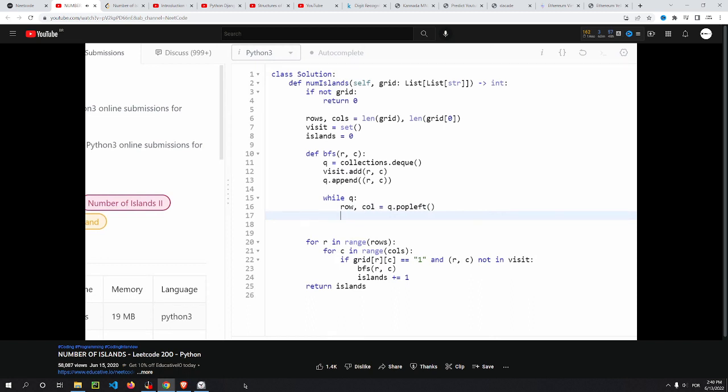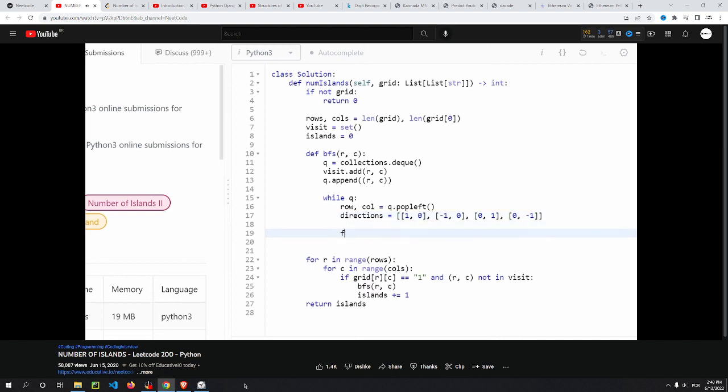So the way I like to do that is use a loop. So we know that there's 4 directions that we can go in. The direction to the right, which is 1, 0. The direction to the left, which is -1, 0. The direction above, 0, 1. And the direction below. Now, for each of these directions,